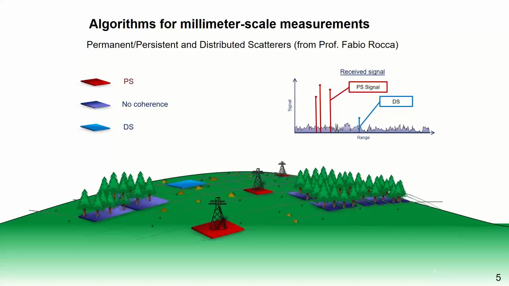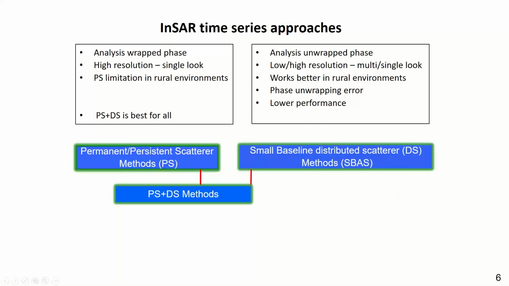So basically, they don't try to compute for every target on the image, but just focus on the candidates with good signals like the PS and the DS. So what do we have here? We have the PS InSAR. Basically, that one is very famous. Because the targets we are considering here are usually associated with stable man-made structures, for example the building, the bridge, and the tower. It means that it's a very good signal, and therefore the PS InSAR technique provides very high accuracy measurements